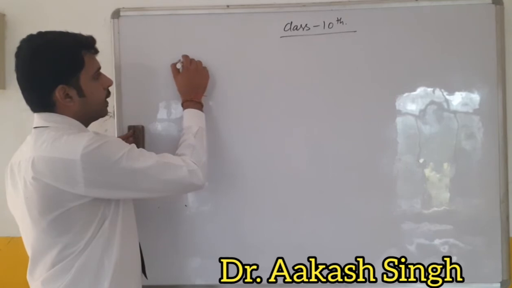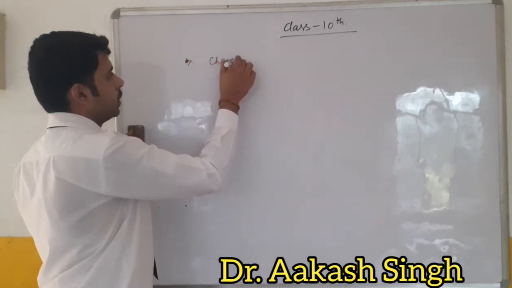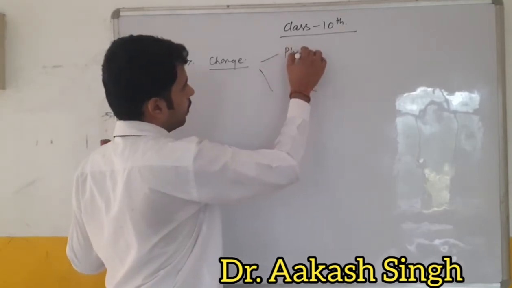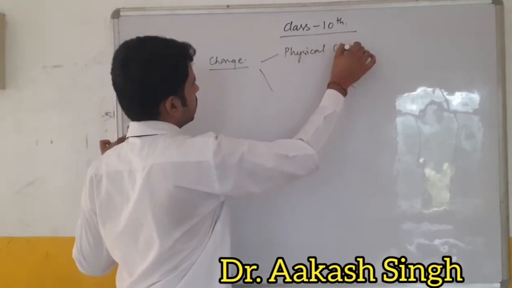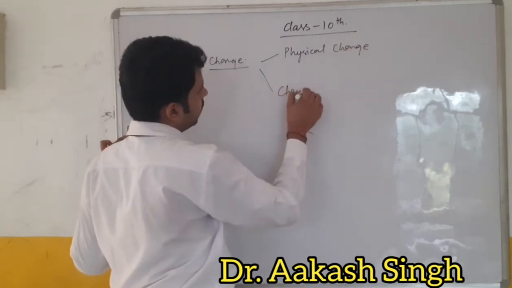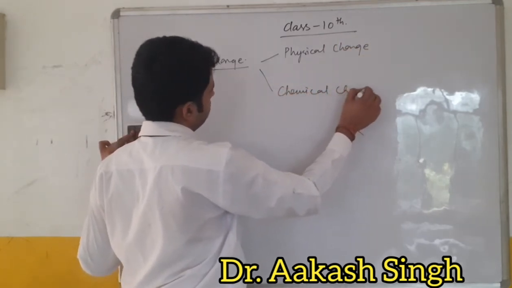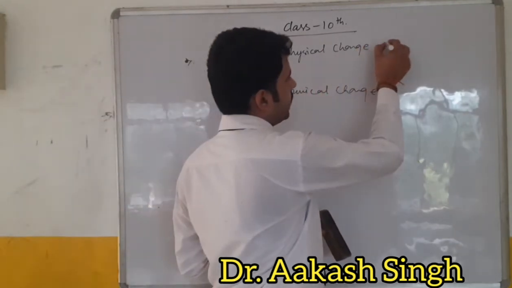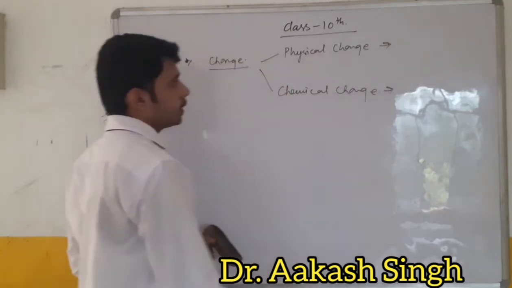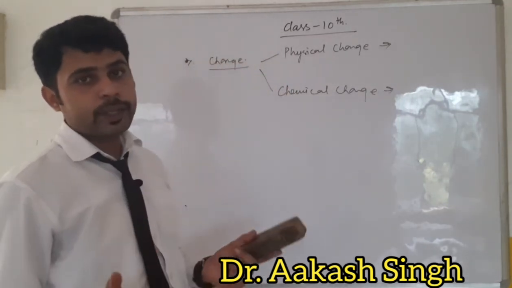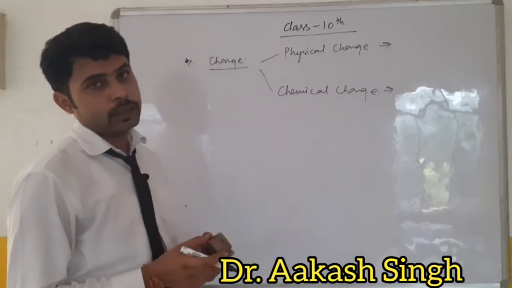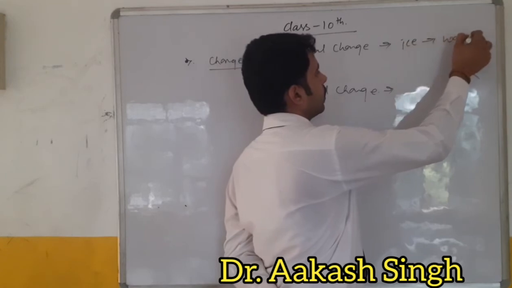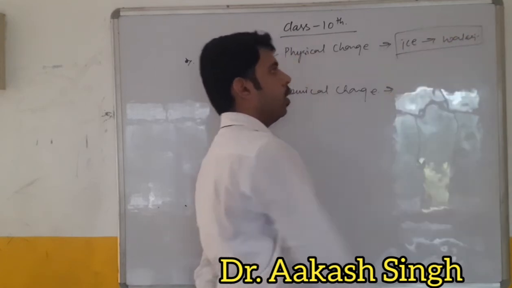Now, the last factor is change, and change is of two types: physical change and chemical change. Physical changes are such types of changes which can be recovered easily, like ice from water. There is no chemical loss between ice and water,